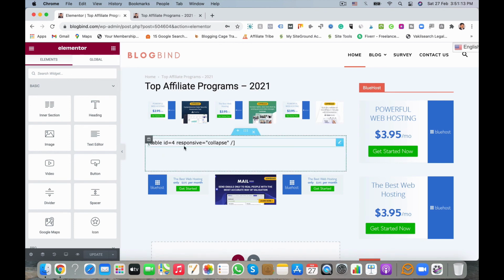So here, right, I have placed the table ID, for responsive, it is collapse. Okay. So this means it will give the responsive table. So table ID is 4. Here we have created, right.